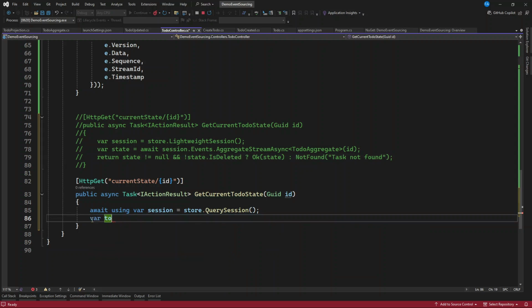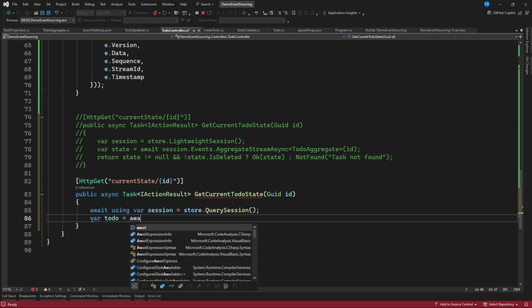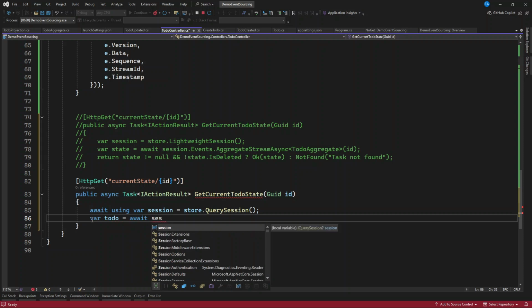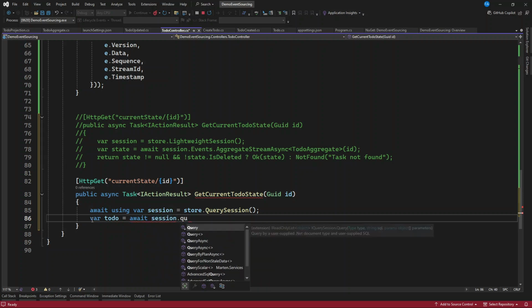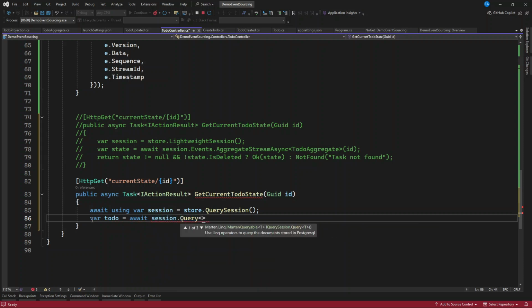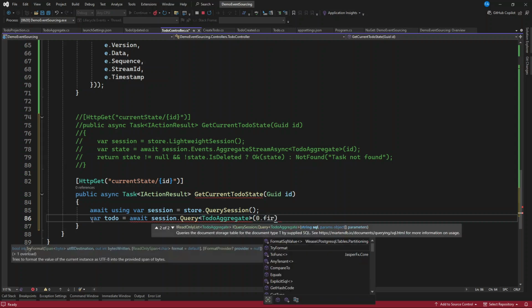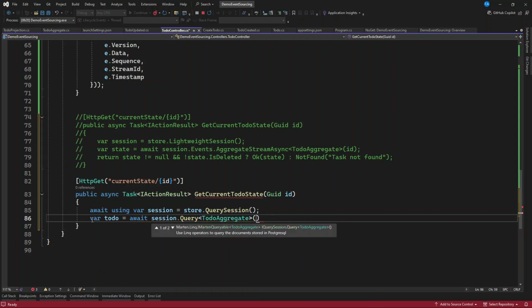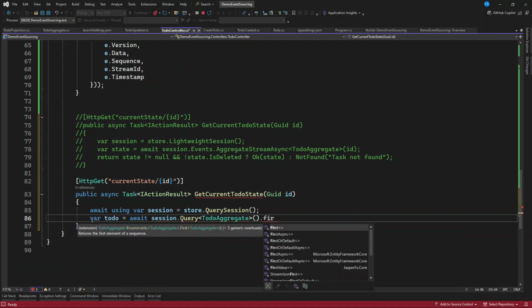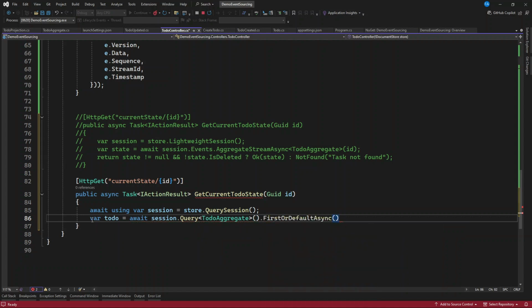We want to get the todo. So we say this session dot query. Now with this query, it is todo aggregate. Now with this aggregate, let's see whether we can have access to first or default. So can we have access to aggregate dot first or default? And now with this first or default, we can say where todo,